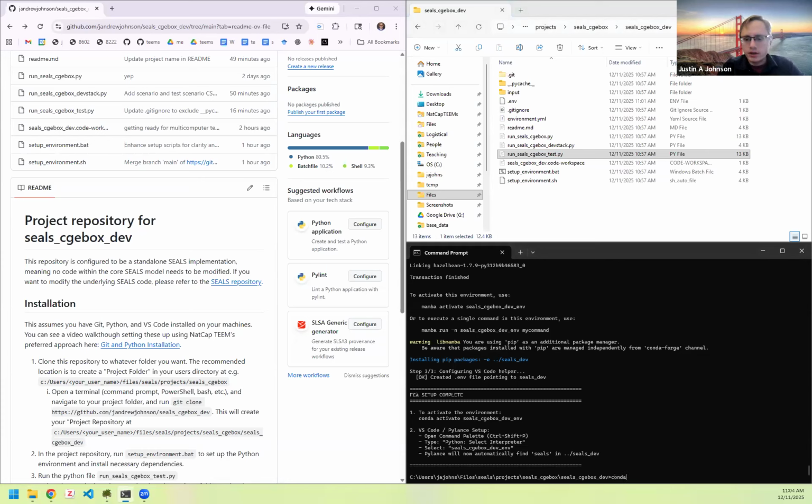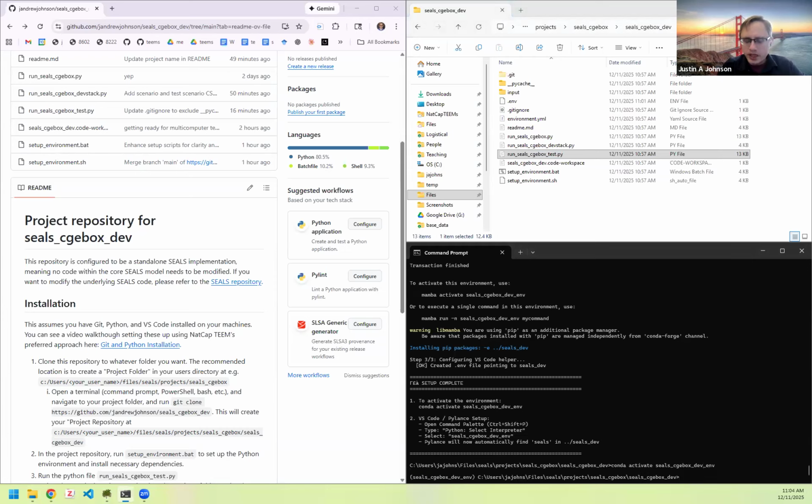So we're going to use conda activate, the one we just created, which we named seals CGE dev, CGE box dev env. And if you're on command prompt, you can actually see it prepended now with that name. That means now when you type Python, it's going to be pointing to that Python. And so we'll type Python and point Python to the run seals CGE box